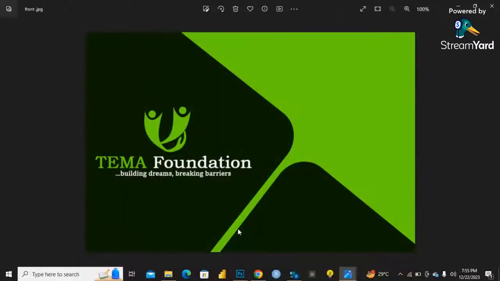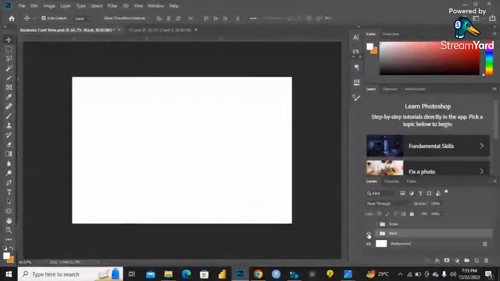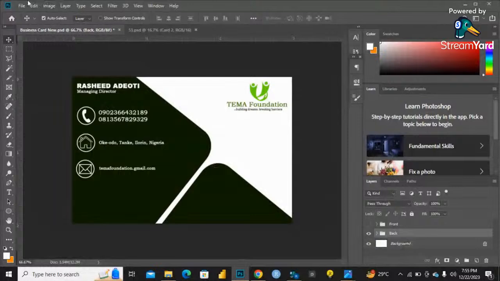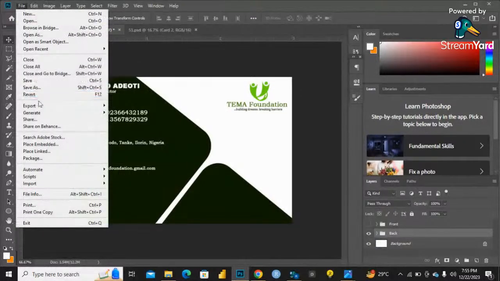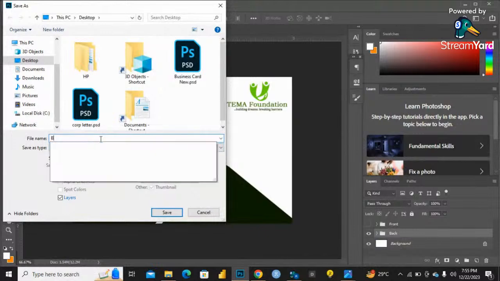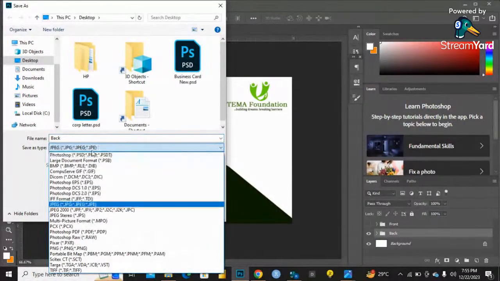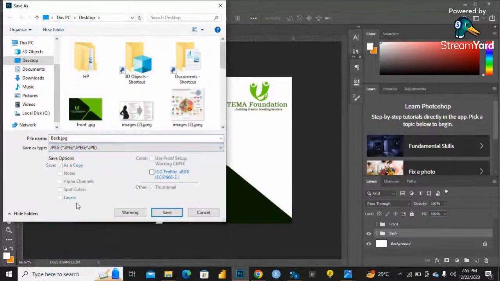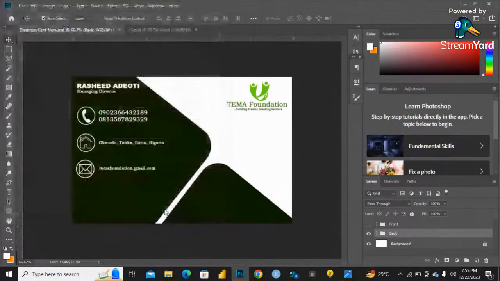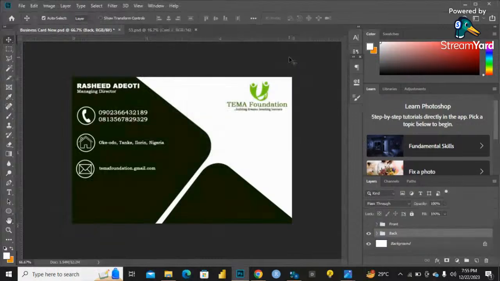So now I also want to do that for the back. I have the front, and I'll go to the back like this also. Same pattern: File, Save As. I want to save this one as back, then look for JPEG. I want to save it as an image, back. Just click on maximum 12, and I explained all this for you guys in my last class. So if I go to my desktop now,